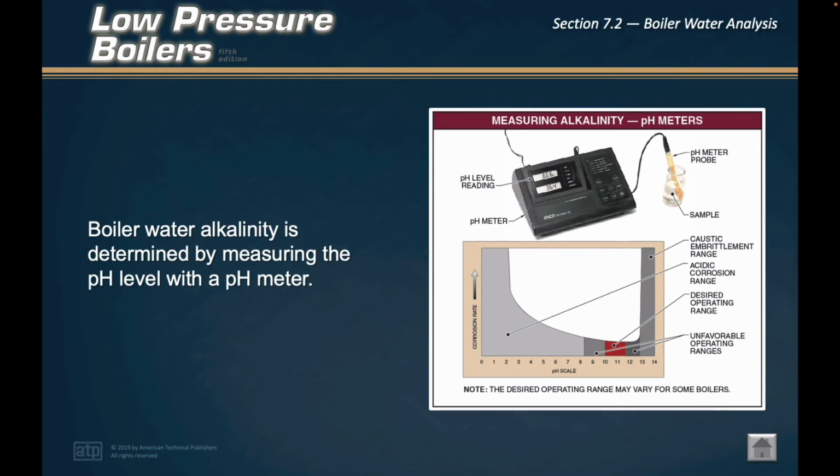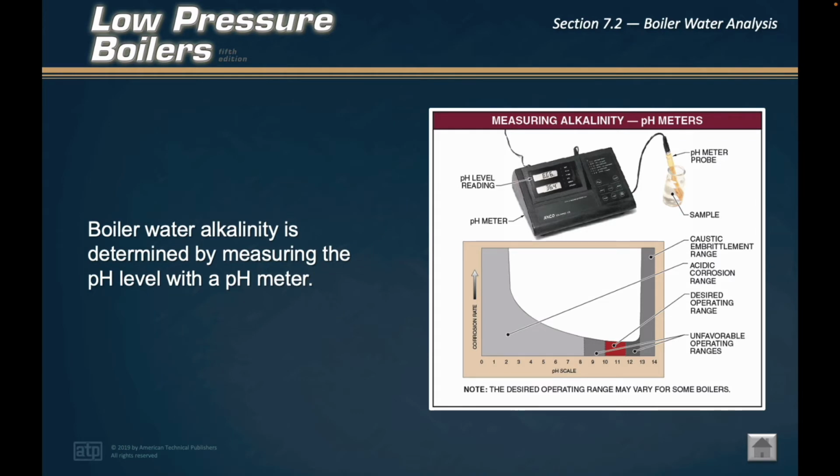Alkalinity is the ability of a compound dissolved in water to neutralize acids and is indicated by its pH level. A solution with a pH greater than 7 is alkaline. Boiler water pH requirements vary, but the pH value of boiler water typically should be maintained between 10 and 11.5